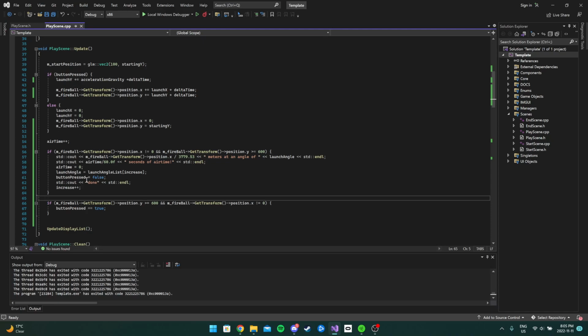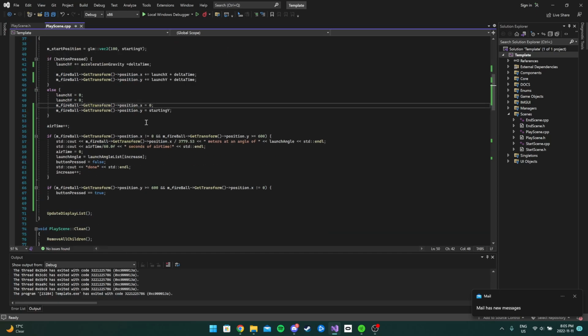So this is the code here. Majority of the code stored here. I'm running off of lab 3 as a base. So this is all lab 3 stuff there and the button pressed and everything. And so yeah,